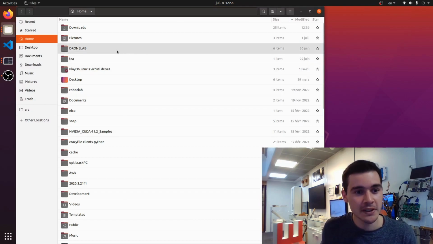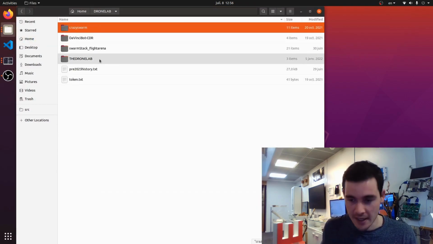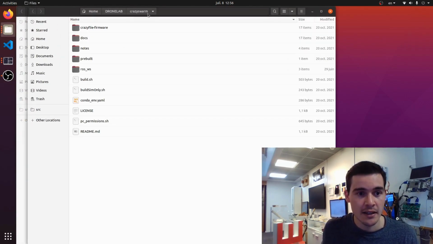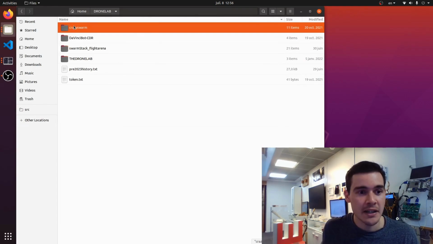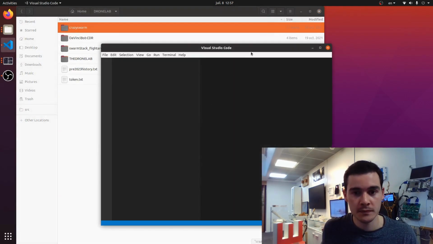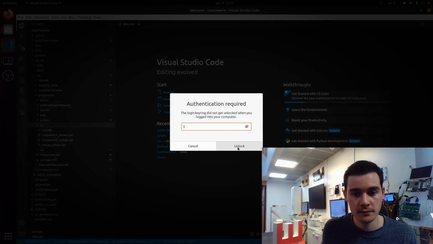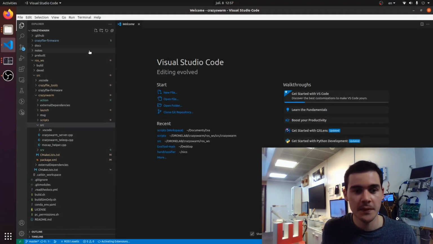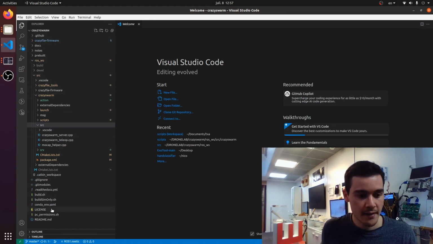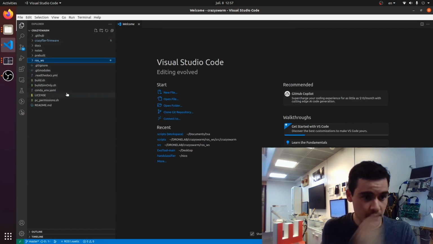If we go into our home, Drone Lab, our main folder is Crazy Swarm, which I'll open not in a new window, but in a new code window. Oh, there we go. And the folder contents looks like this. There's quite a lot going on in here. To simplify things,